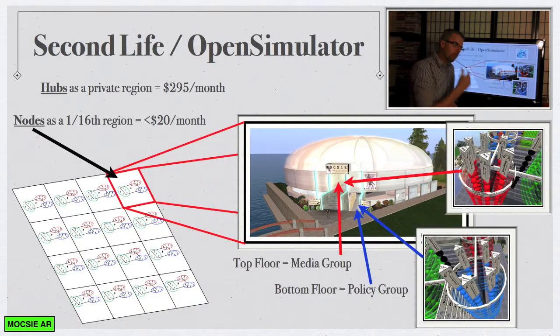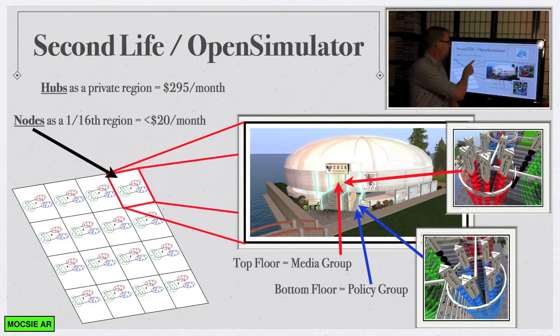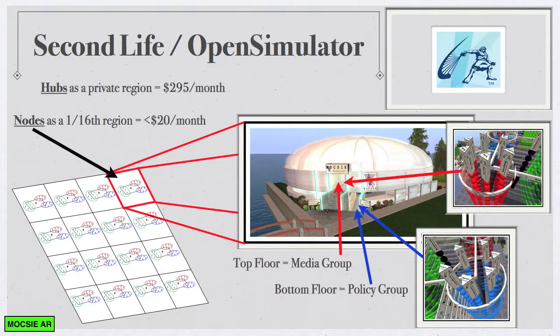Well, we use Second Life currently because it's an existing technology that is free, which gives it no barrier to entry except for the technology necessary to run very, very complex software. But you can participate just with a $15 cell phone by taking a picture and uploading it. Where the social entrepreneurs, the virtual cohort, go to work every day, they would have to have some kind of high-tech computer that has a very robust video card. Because what we've created on Second Life is this idea of hubs and nodes.